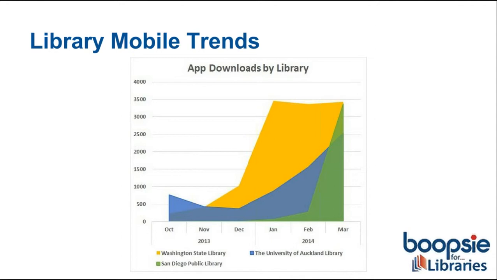San Diego Public Library, which is a large public library but probably more similar to most of the apps you have, just launched in January of this year and has seen a 55-time increase in downloads since they launched. And they have a really low-cost but high-quality marketing campaign, which I urge you to check out, including email, newsletter announcements, and some great website promotion, which you can obviously go to the San Diego Public Library website and check out.